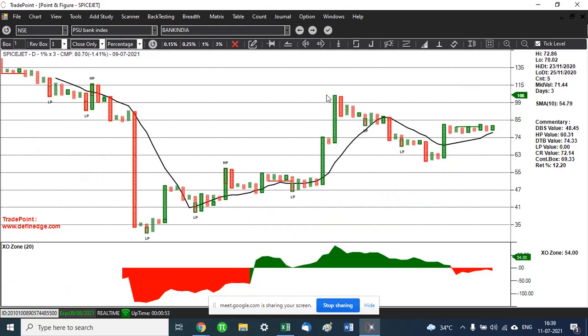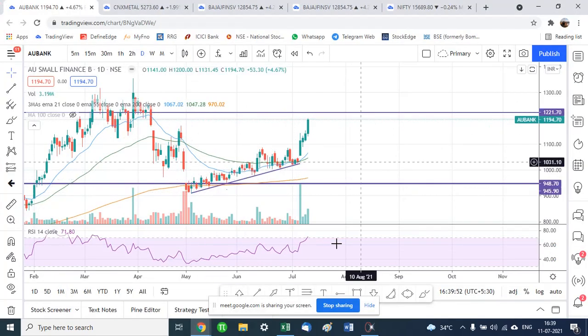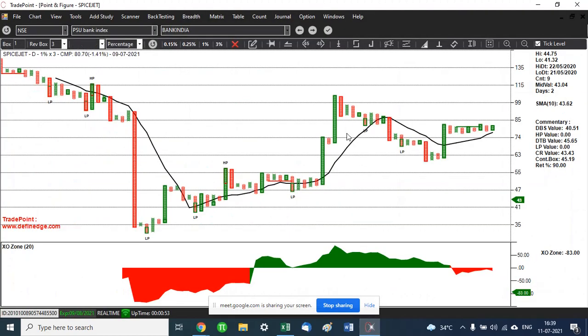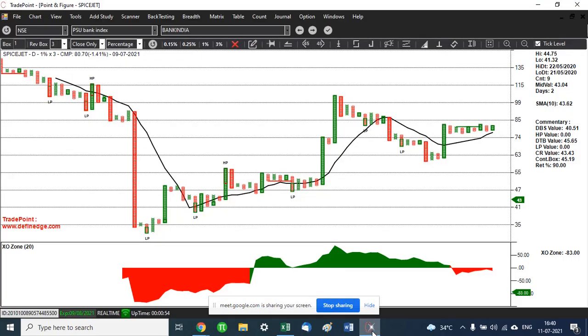right? We find here this is an anchor column and there's something called, the other pattern I have forgotten to speak about, sorry, it's an important pattern, the 45-degree trend line. This is also an important pattern in point and figure. So just like in candlestick charts, we draw trend lines. So in point and figure, we have that automated. When we draw in candlestick charts, it is up to us how we draw the trend line, which points we connect, how we connect, all that is up to us. In point and figure, it has been made objective.